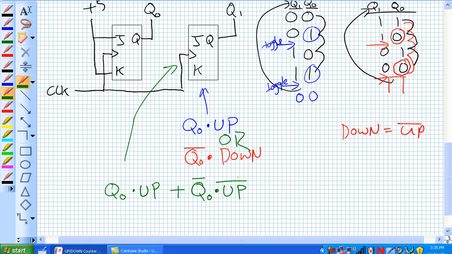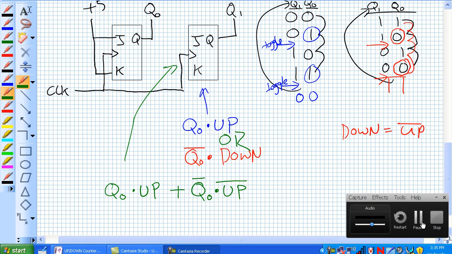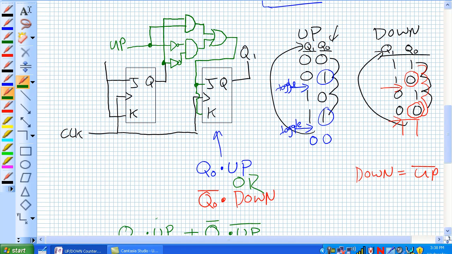Okay, so we can expand this idea to a 3-bit counter very easily. But before that, we should actually go ahead and do the logical implementation there. So basically all that logic gate arrangement there is this funny trick to get that thing to toggle whenever we want it to. Again, when we want it to, when previous stage Q0 and up, or not Q0